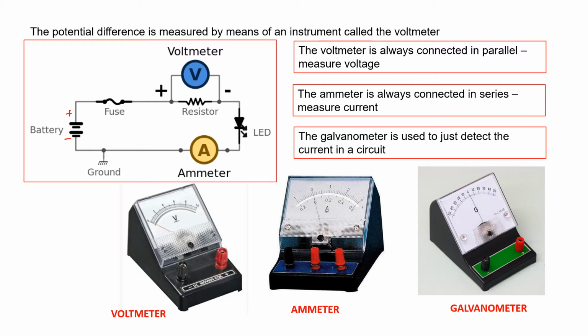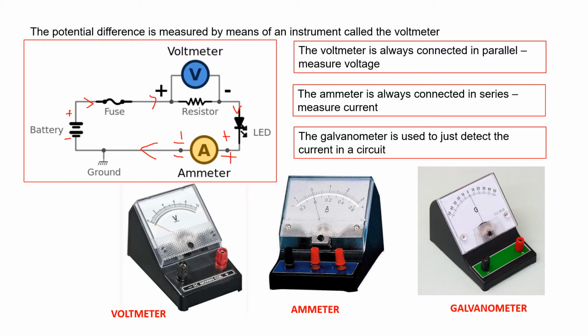The current flows from positive to negative. It goes like this, then it comes like this, again it comes like this. See the ammeter, it should be, sorry, negative on this side and positive on this side. I told you in the previous slide, the ammeter is connected in series. Series means along with the other components. See, a fuse is there, a resistor is there, an LED is there, an ammeter is there, then it is connected to the battery.